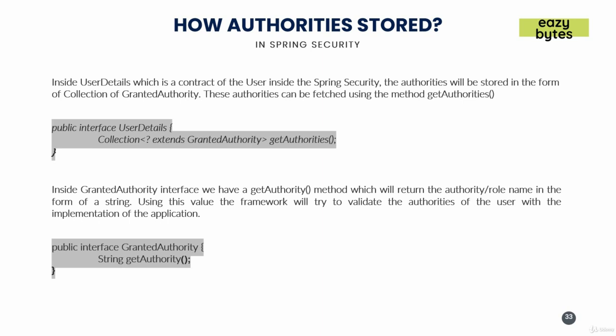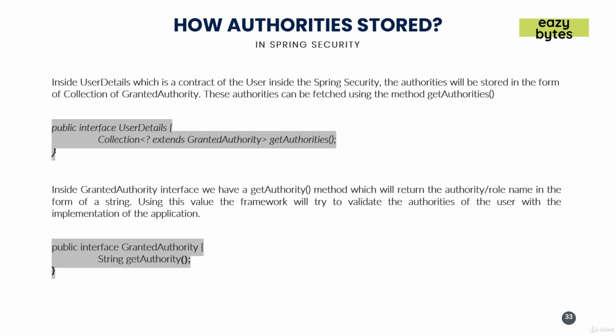If you can remember from the previous videos, UserDetails is a contract which is maintained by Spring Security where all the details associated to a user will be stored. It includes his authentication details, username, email, password, along with the authorities. So inside the UserDetails interface, we have a method called getAuthorities and it will return a collection of GrantedAuthority. GrantedAuthority is again an interface which has a single method called getAuthority which will return the authority name